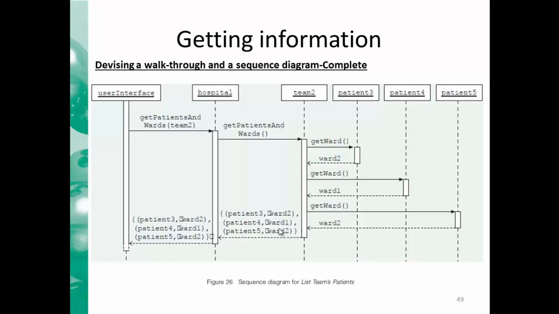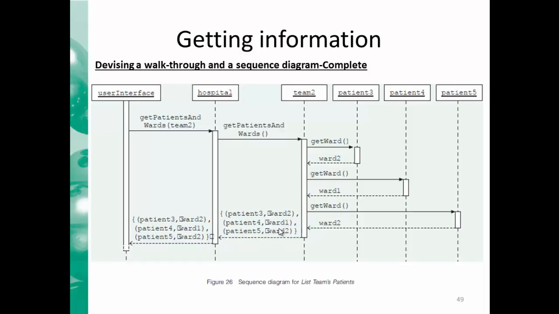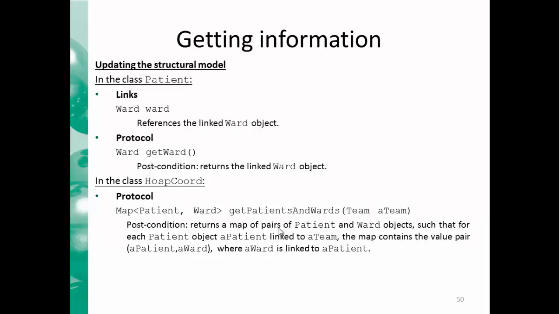system, to the hospital coordinating object, and the hospital coordinating object will return them back to the interface object. This is the detailed walkthrough of how things are done. We have given the team and team 2, and then we will ask team 2 for its patients' names. It will tell us that its patients' names are 3, 4, and 5. Now its responsibility as a team is to find out where they are and what wards they are in, and to give me a couple of each patient and its ward name. That will be returned to the hospital coordinating object, and the hospital coordinating object will pass it back to the